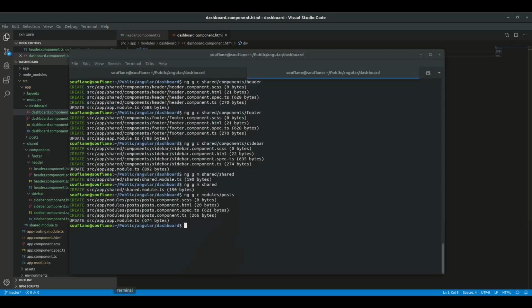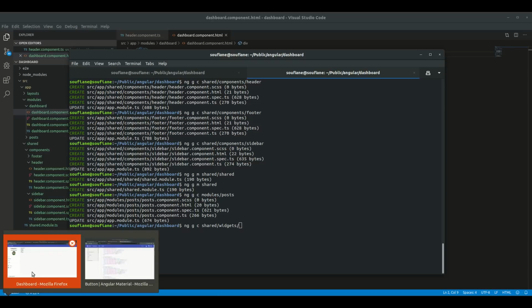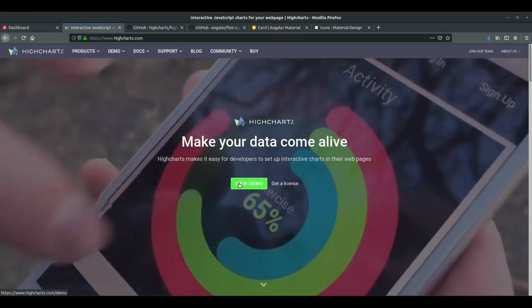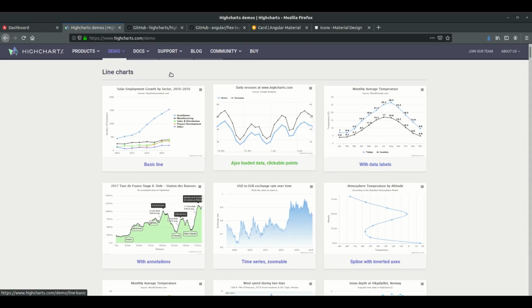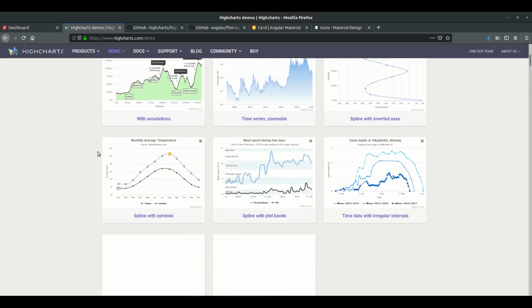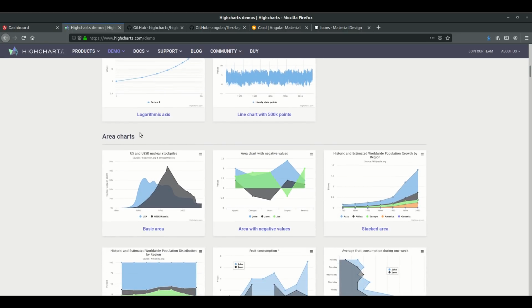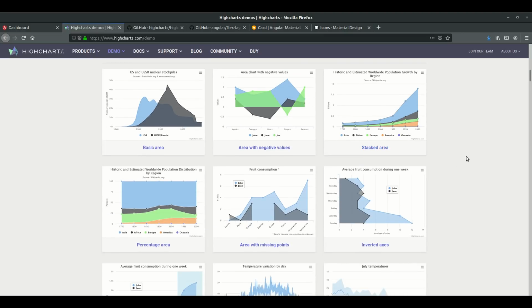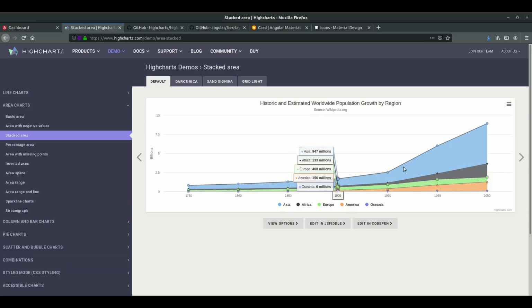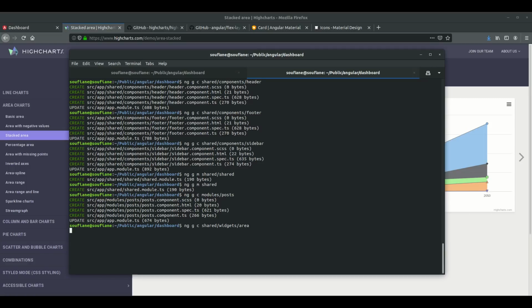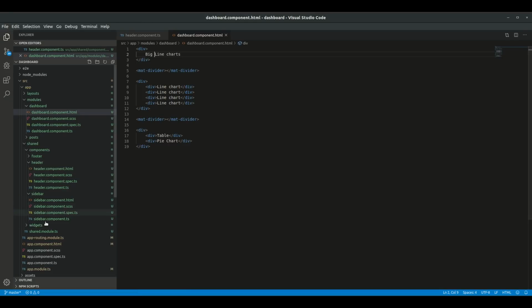I will create a widget called sidebar. For the big one, I will go to the website and pick a chart. This is line charts. Maybe area charts. I will pick that one. Yeah, stacked area seems good. We call it area, simply area, and inside that widget,